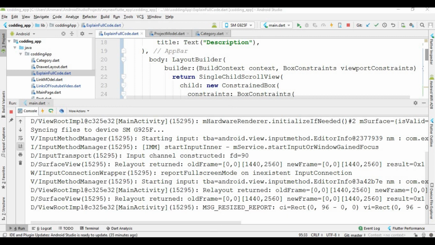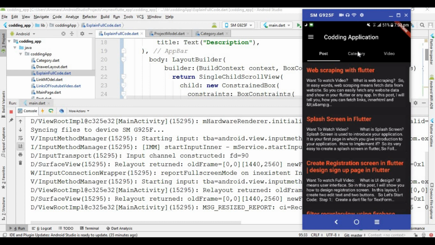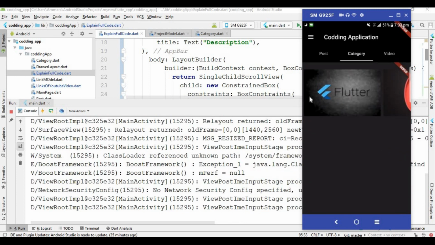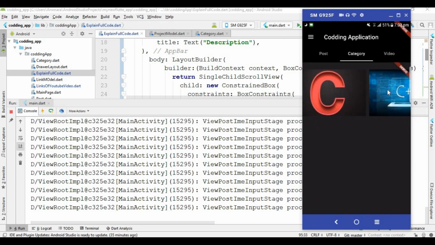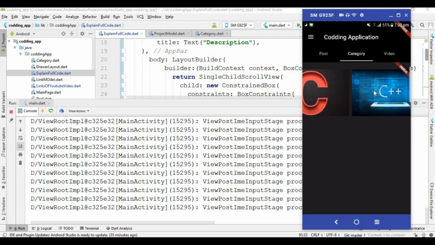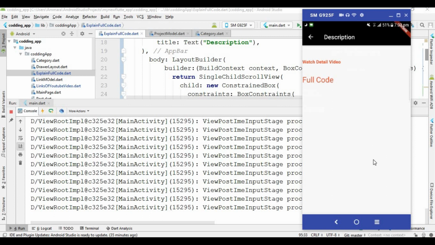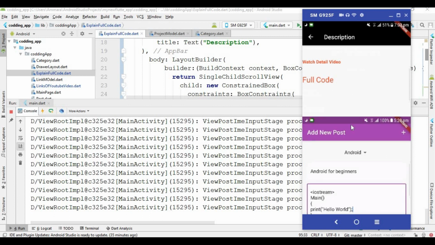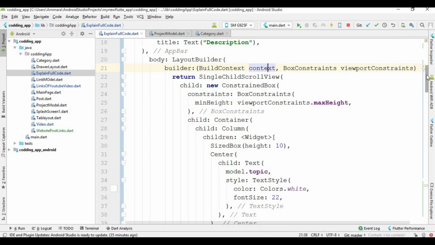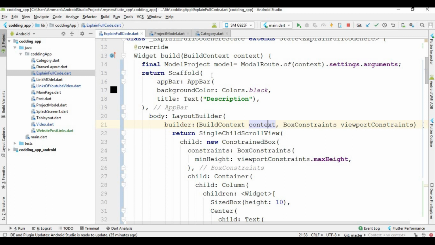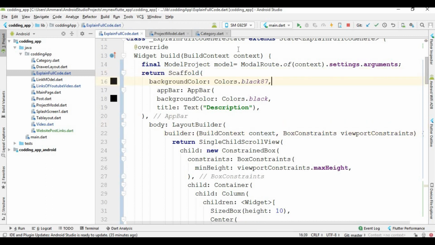The app is running, and now I am going to open this category section, and the data is loaded after some time. Now I click on this C plus, and when I click on this C plus, you can see this type of layout. I did not set the color. So first I am going to set the color. First set the background color and paste here, and now I run this code again.